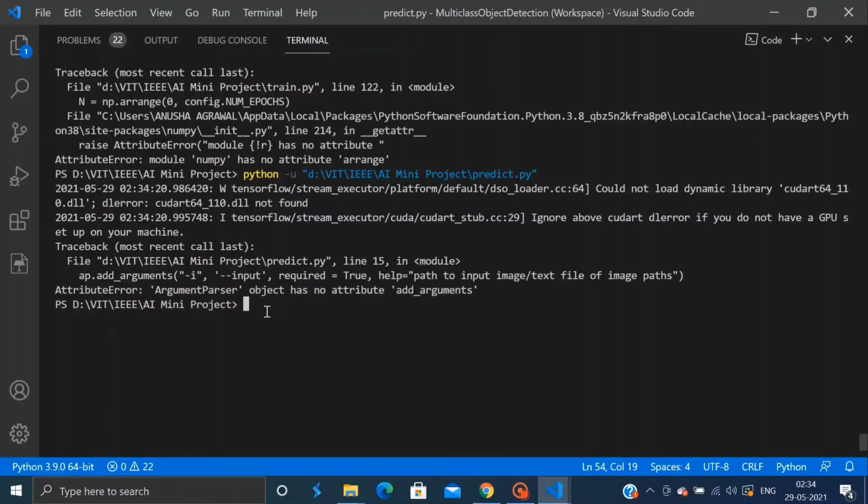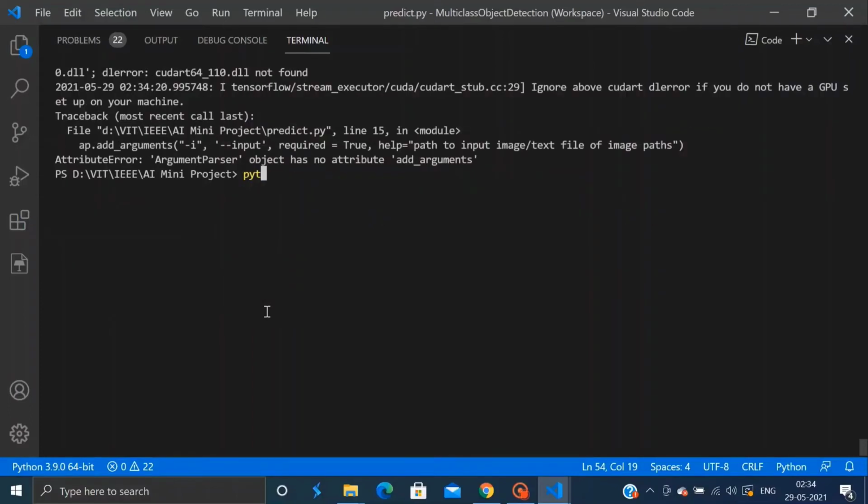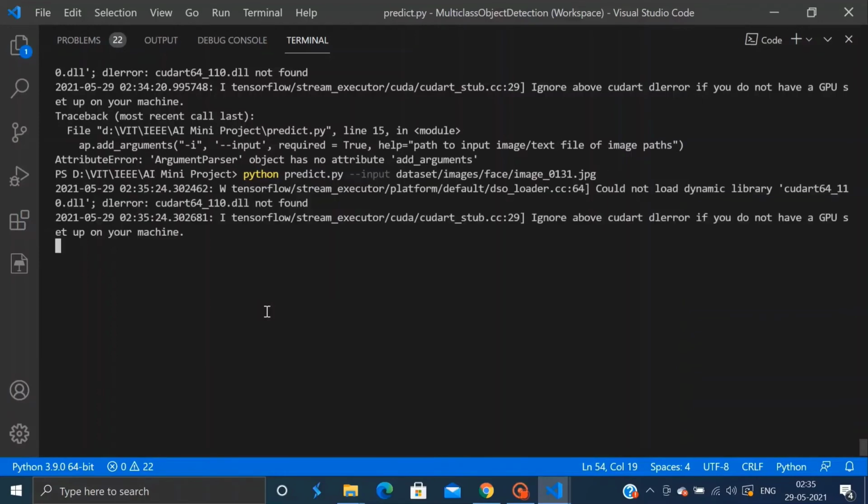In order to get the output, we need to execute the following command, which is python, the name of our file, that is predict.py, and then the input for the command line argument, and then the path containing our image. If we remember, it was in the dataset folder, which further contained the images folder, and then the particular folder of the particular image, and then the image name.